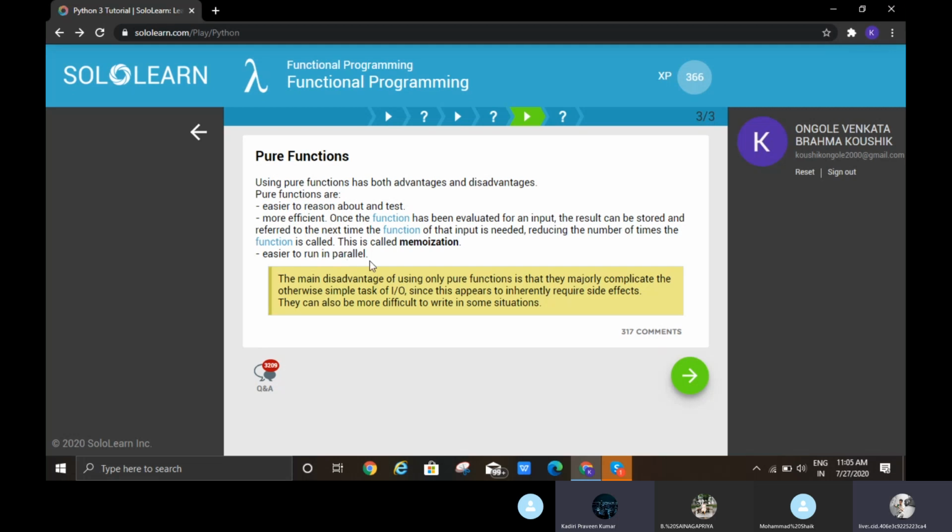It is easier to run in parallel. The main disadvantage of using only pure functions is that they majorly complicate the otherwise simple task of input or output, since this appears to inherently require side effects. They can also be more difficult to write in some situations.